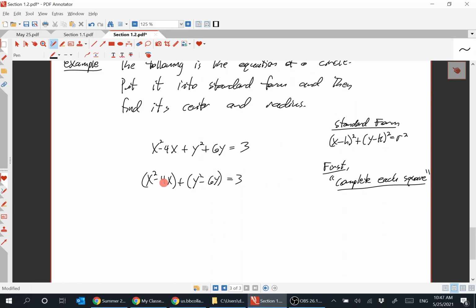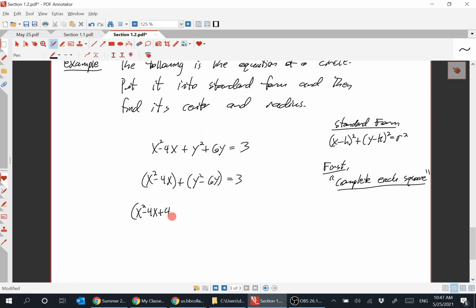So x squared minus 4x. Take that coefficient for x, divide it by 2. What do I get? Take the 4, divide by 2. Follow along, guys. Take the 4, divide by 2. I get 2. Now square it. What do I get? 4. 4 again. So what I'm going to do